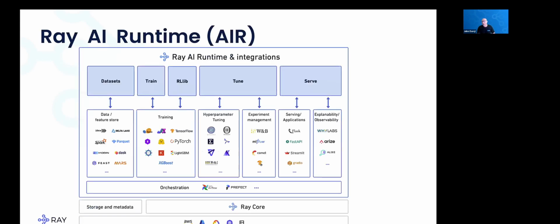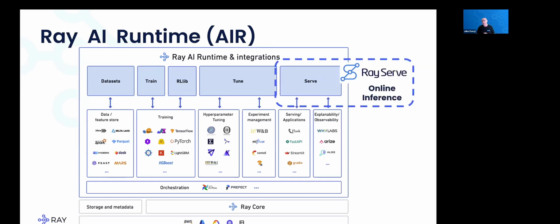So let me just get into the outline. Those of you who have been following the history of Ray from the early days might have heard about the Ray AI Runtime. The AI Runtime is really our end-to-end toolkit that was announced as part of Ray 2.0. It's a unified set of APIs that allow you to build an end-to-end application, and Ray Serve is an integral part of it. Today we want to focus on how we can use Ray Serve, the 2.0 APIs, to build